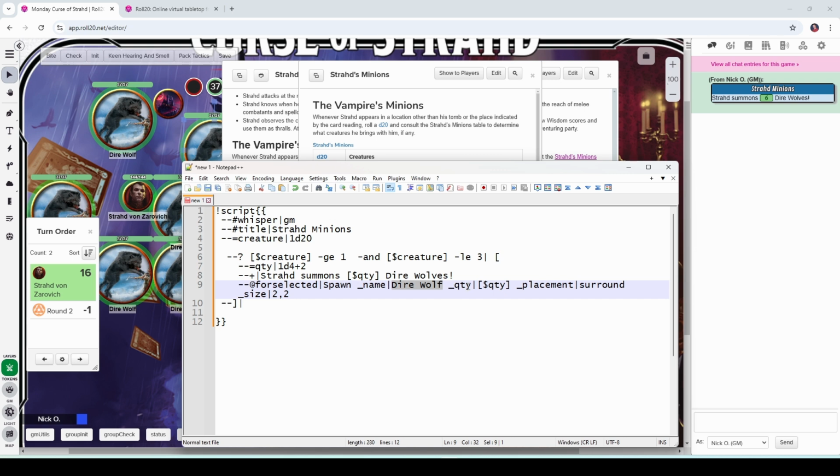The quantity that we're spawning is the value that we rolled up here. We're going to place those direwolves surrounding the selected token. So we're going to have Strahd highlighted when we run this command, so the tokens will be placed surrounding him. But direwolves are large. They're not medium-sized creatures, which means their tokens are 2 squares by 2 squares. So we're also going to set the size property of the direwolf to be 2 by 2. If we omitted this parameter, then the direwolves would come in as medium-sized creatures, as 1 by 1 tokens, and